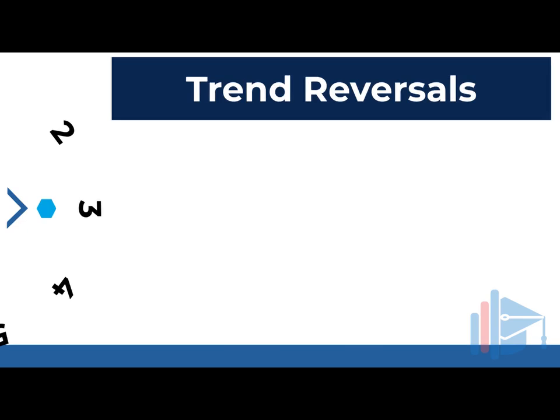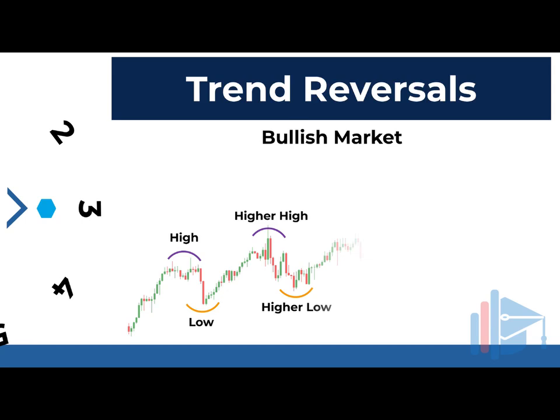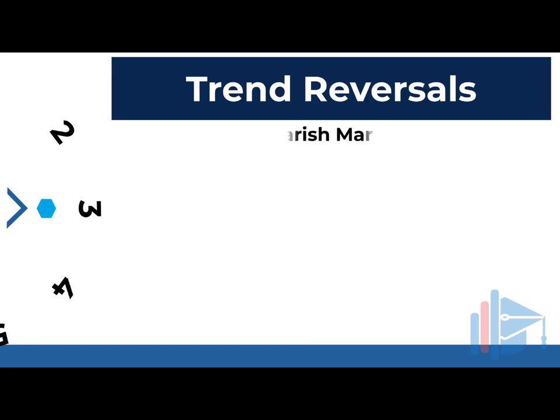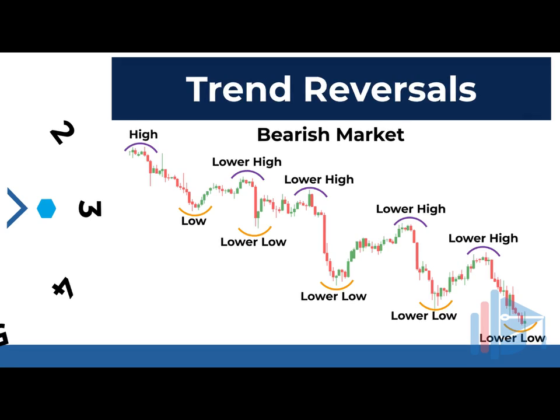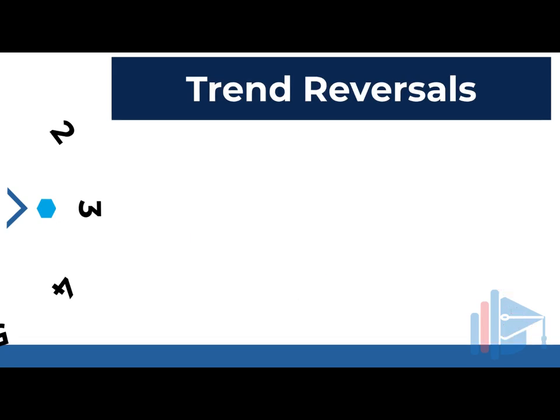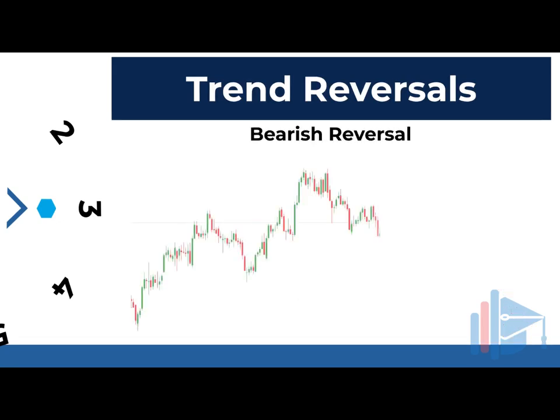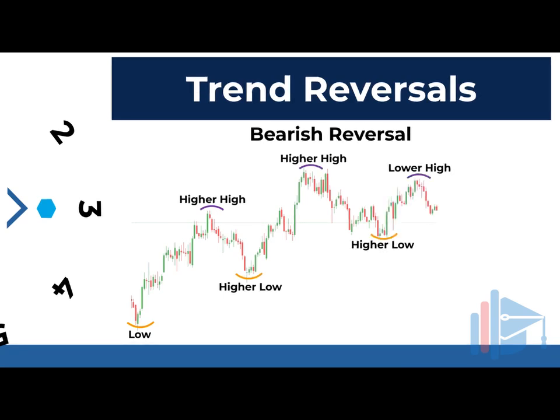We have previously described uptrends, bullish markets, as characterized by a series of higher highs and higher lows, and downtrends, bearish markets, as having a series of lower highs and lower lows. But what happens if this pattern of higher highs and higher lows is broken? A bearish reversal occurs when, instead of forming higher highs in an uptrend, the latest high is lower than the previous high. This is often accompanied by the formation of a lower low, signaling that the uptrend may be reversing